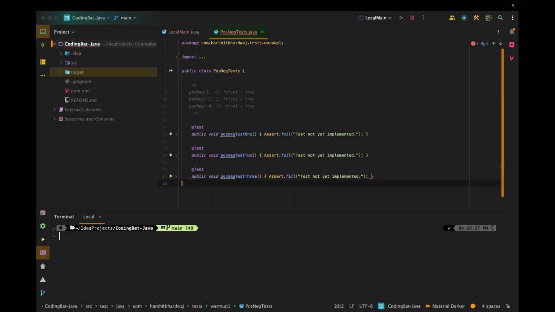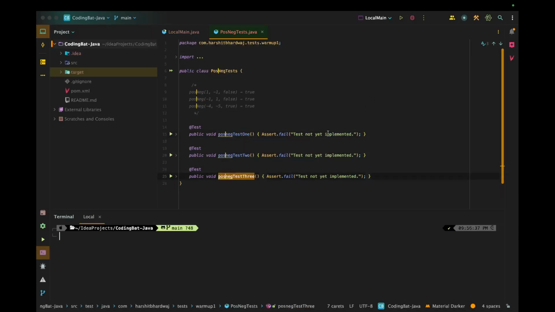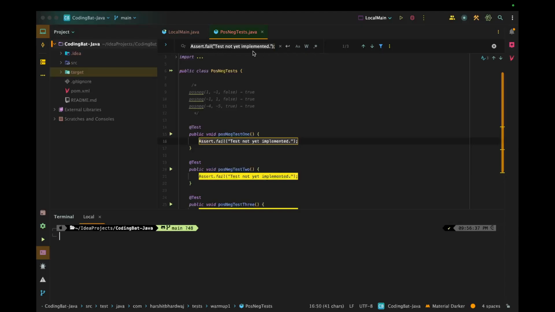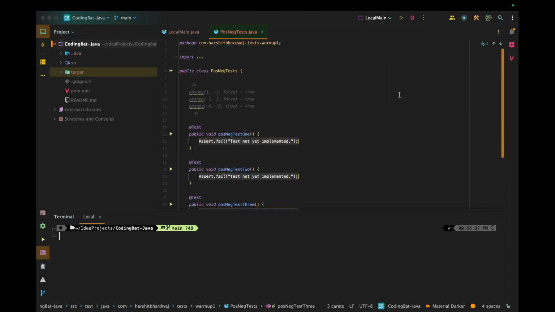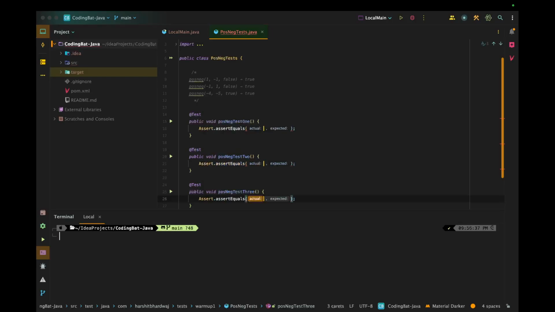And change the name, make it camel case. Replace the condition, the test case, assert equals